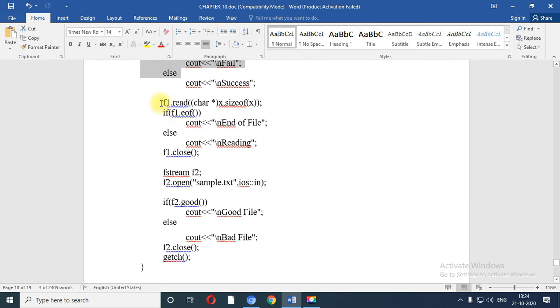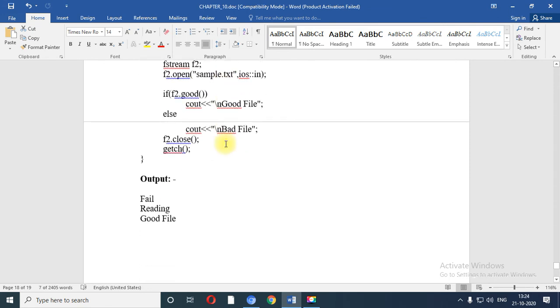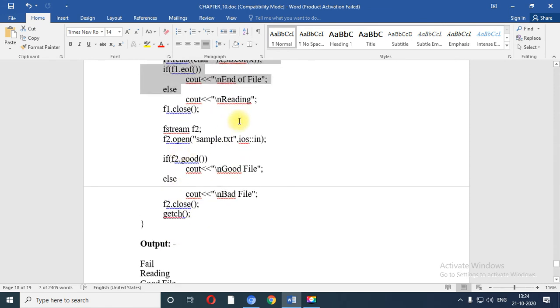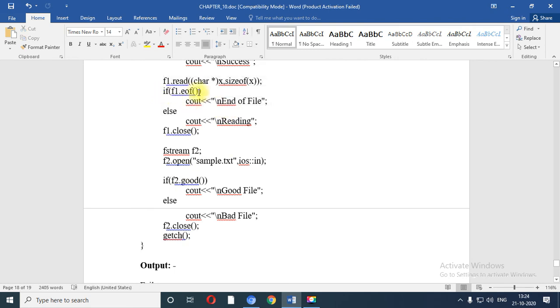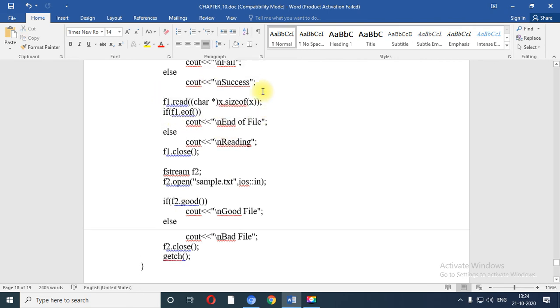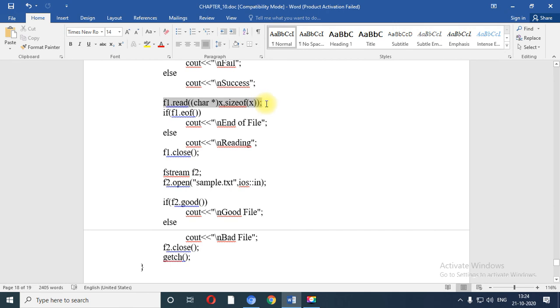Similarly, we have our pointer at the end of file. If I have not used f1.read, suppose you skip this particular line, at that time it will print end of file.